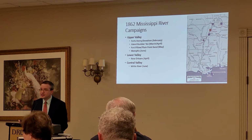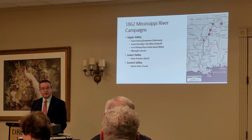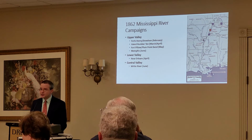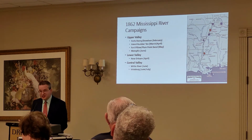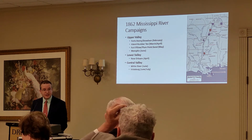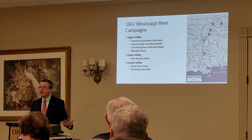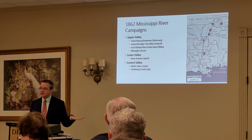We've got U.S. naval forces advancing up the White River. Confederate sailors are going to man land-based fortifications there and almost destroy another U.S. ironclad. Then we've got operations at Vicksburg, where the Confederate ironclad Arkansas, being finished in Yazoo River, comes down and stalls the U.S. military and naval forces from capturing Vicksburg until the river level of the Mississippi River begins to